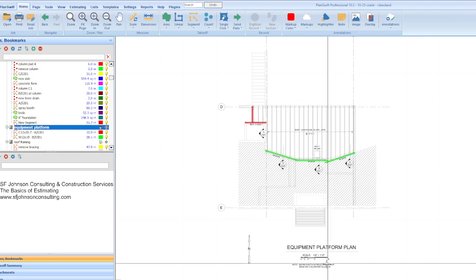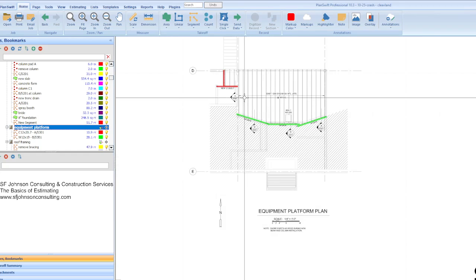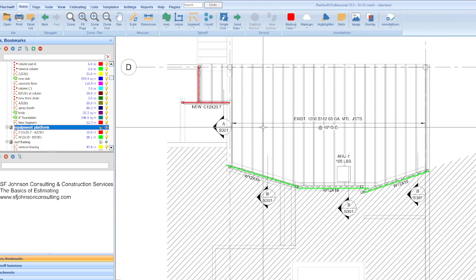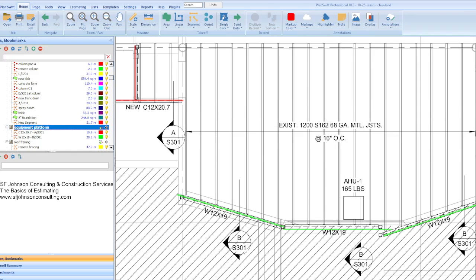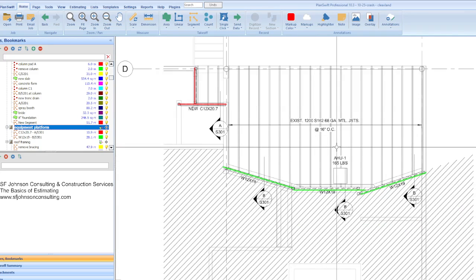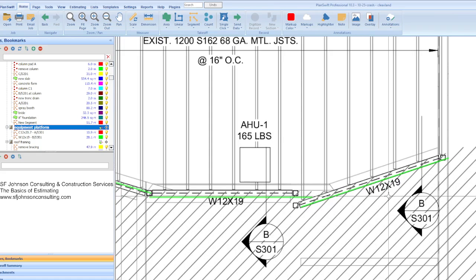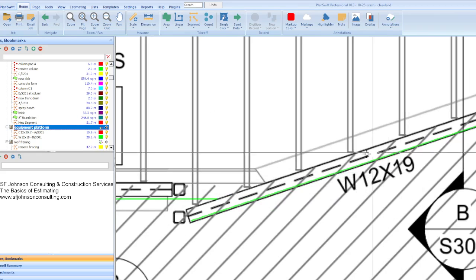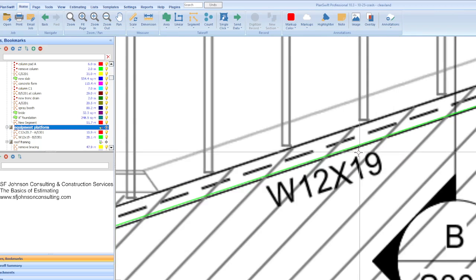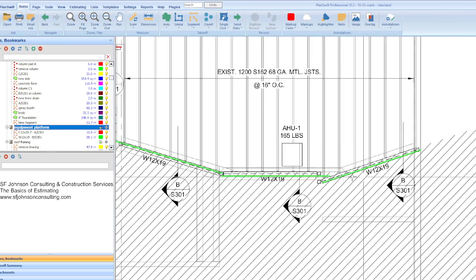Okay, so when we have structural, that is our foundation. That's any new roof framing or anything of that nature. So here we have some new beams that are going to be placed along the existing metal joists. Okay, so they're W beams, W12 by 19. So what's that mean? That means that they are able to hold 19 pounds per linear foot, and so we'll measure how many linear feet altogether,